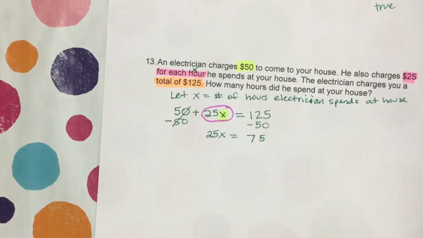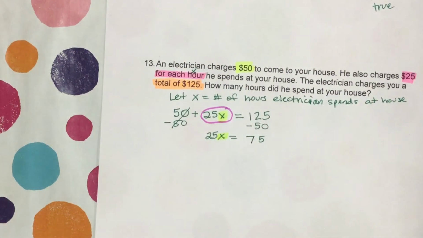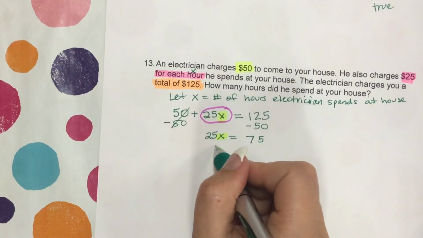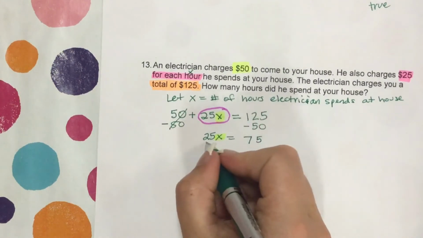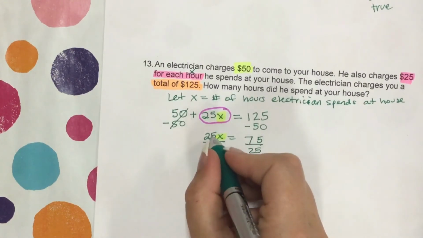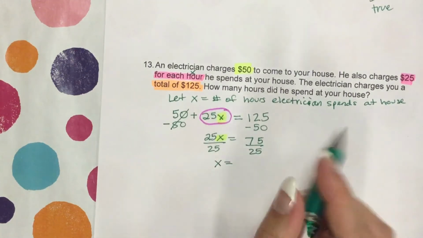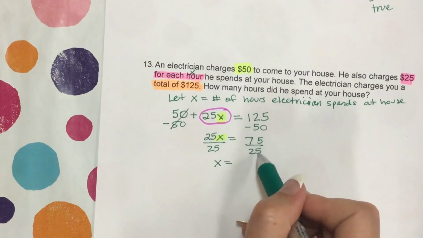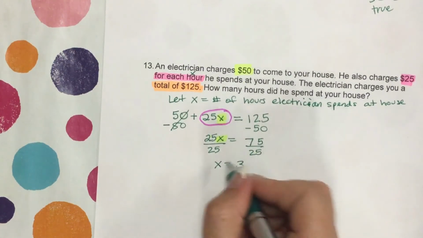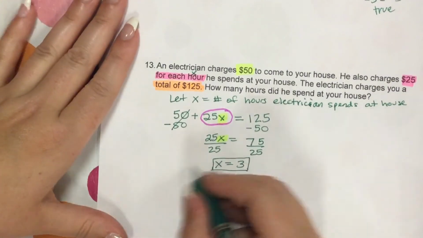All right, we're still trying to figure out what X equals. It's not by itself yet. We have 25X, which is 25 times X. So we do the inverse operation of multiplication, which is division, dividing both sides by 25. 25 divided by 25 is 1, and 1 times X is X. And then 75 divided by 25 is 3. 25 goes into 75 3 times. So that's our answer. X equals 3, which means that the electrician